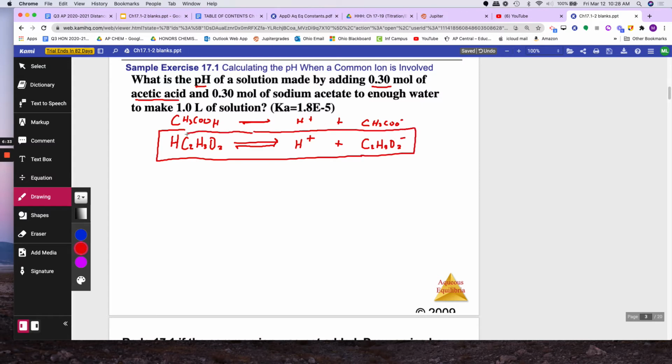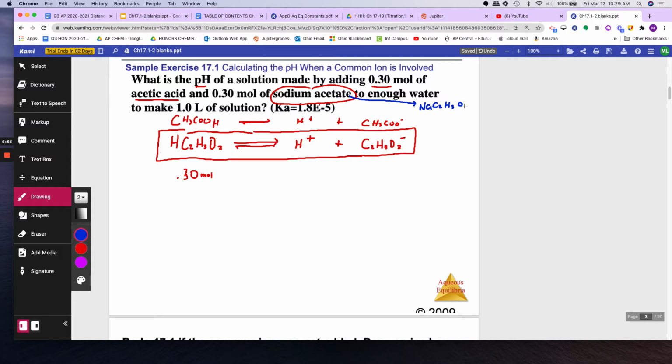So it says, what is the pH of a solution made by adding 0.30 moles of acetic acid? So you have 0.30 moles of this and 0.30 moles of sodium acetate. Okay, so when you take, this is confusing, okay? Sodium acetate is